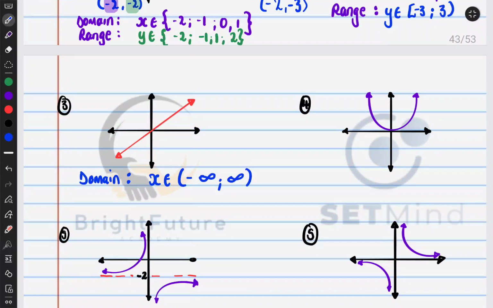Okay, and then let's deal with the range now. Range, y values, y is the element, once again negative infinity to positive infinity. Okay, next let's do